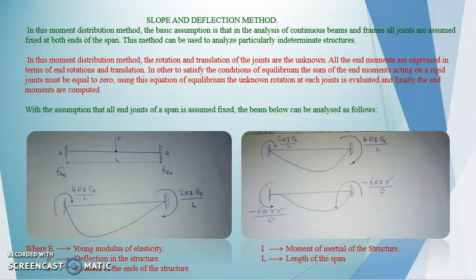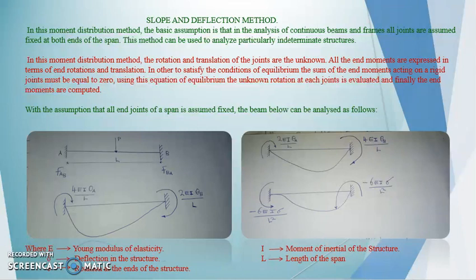In this method, the rotation and translation of the joints are the unknowns. All the end moments are expressed in terms of end rotations and translation. In order to satisfy the condition of equilibrium, the sum of the end moments acting on a rigid joint must be equal to 0. Using this equation of equilibrium, the unknown rotation at each joint is evaluated, and finally the end moments are computed. With the assumption that all end joints of a span are fixed, this beam can